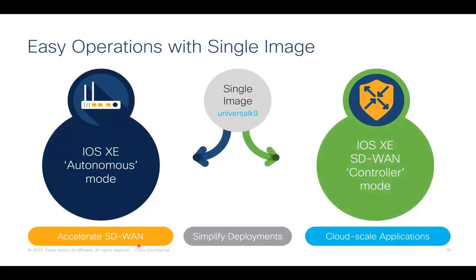Today, if I have IOS XE deployed in a particular branch network, I can simply turn on a knob and get ready to serve SD-WAN in the same place. No need to copy a new image, no need to copy or certify another code just for getting onto SD-WAN. It simplifies the deployments, and one good call out there is that in both modes we can effectively serve zero touch provisioning, the day zero to day N operation services from a programmability point of view. The code works seamlessly in both modes when you are trying to enable a platform using automation services.